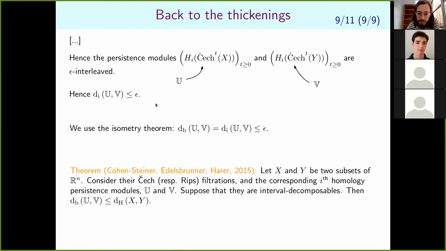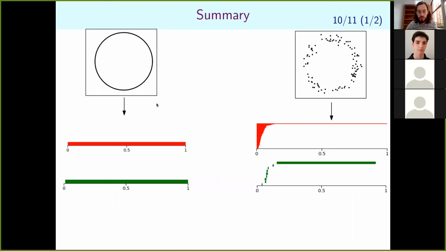Okay. So conclusion, this circle gives you this barcode. This sample, which is close to the circle, will give you a barcode which is close to the circle's in